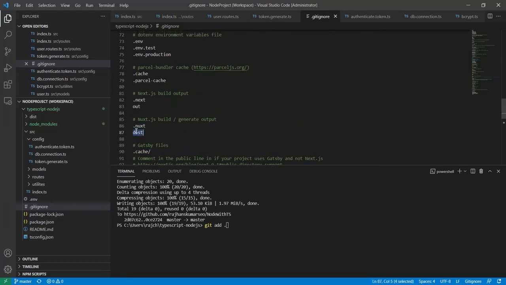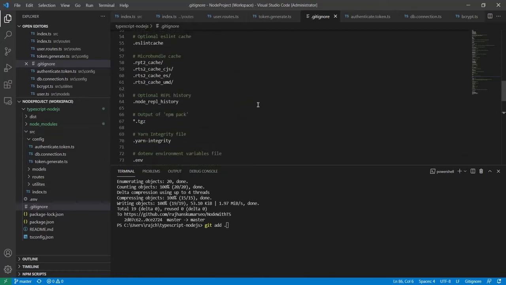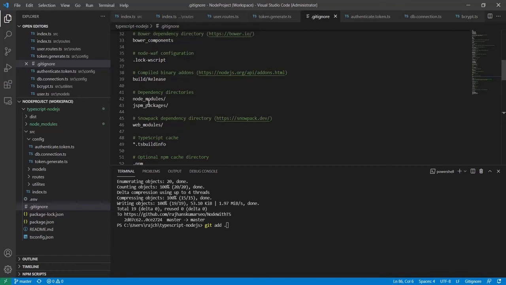You can also see the dist folder, which is for generating JavaScript code, and I do not want to push that JS code to GitHub because I am working with TypeScript. I only want to put my TypeScript code on GitHub. These are the dependency directories, and I have ignored node modules, which means it will not be tracked or uploaded to Git.